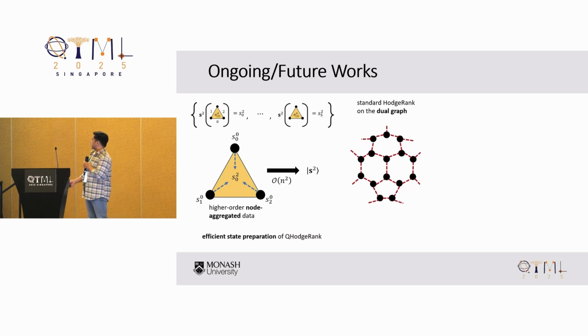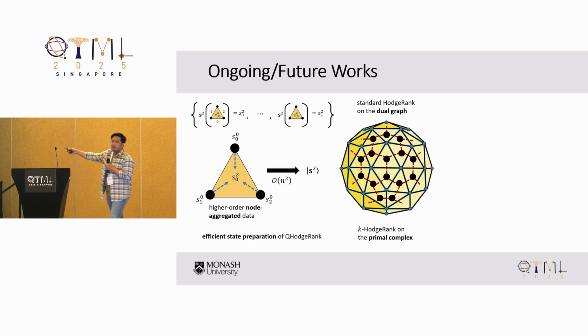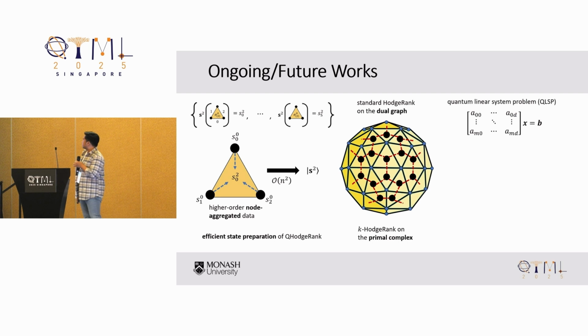And as future work, we are also interested in solving standard HodgeRank with exponentially many alternatives. If we use quantum HodgeRank to solve this problem directly, this is also exponential cost for quantum HodgeRank. So we find an instance that if this standard HodgeRank graph lives in the primal complex of the simplicial complex, then we can exponentially reduce the cost of solving this problem. And also as future work, we want to establish the hardness of quantum HodgeRank.